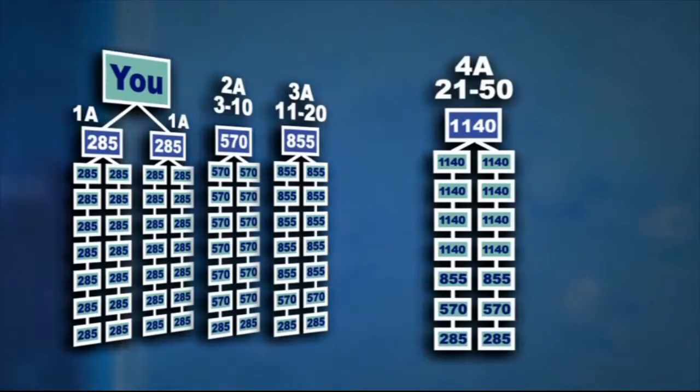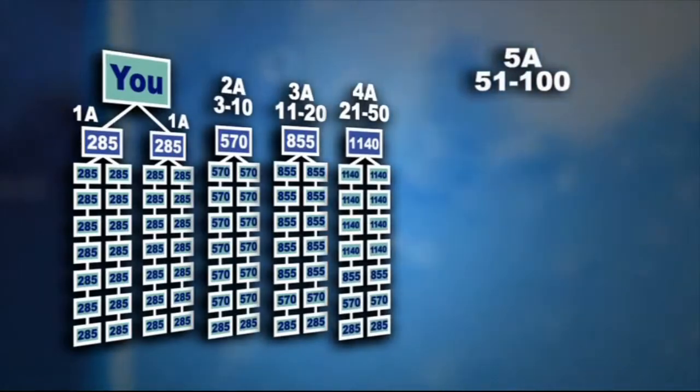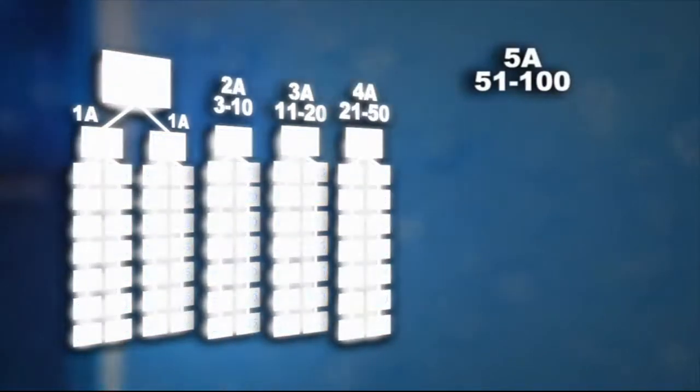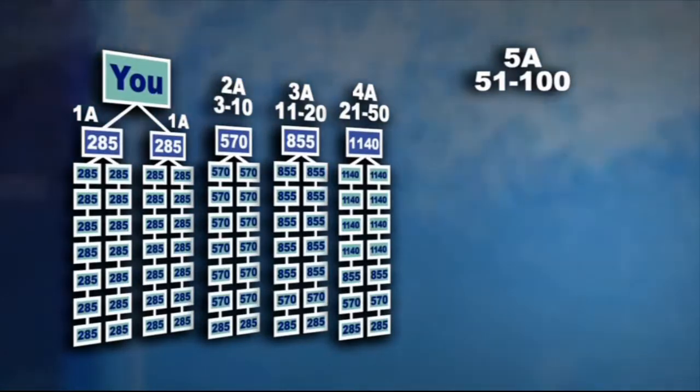Now as you begin to grow and this team begins to expand, when you have a total of 50 sales on your team, and this includes the first 20 and the first 10, so the company is not going to penalize you or make you jump through a new hoop. When you've got a total of 50 sales and you make the 51st sale yourself, a direct sale, the company will now pay you